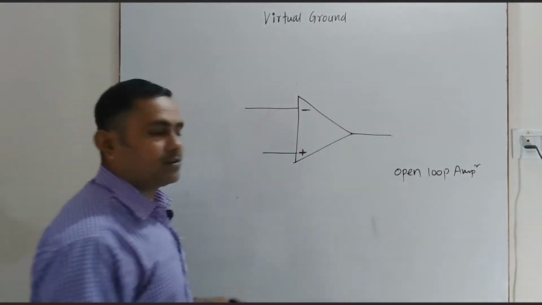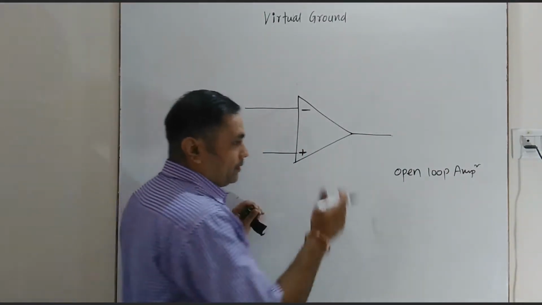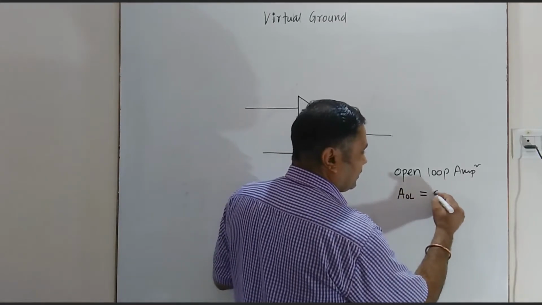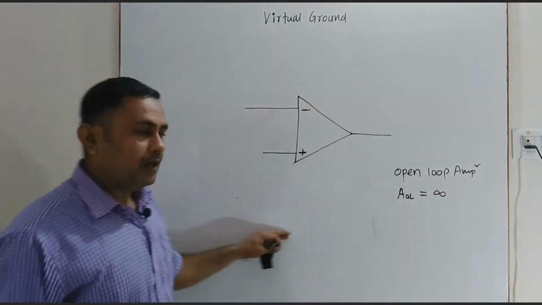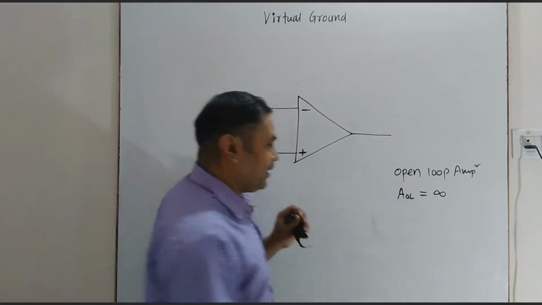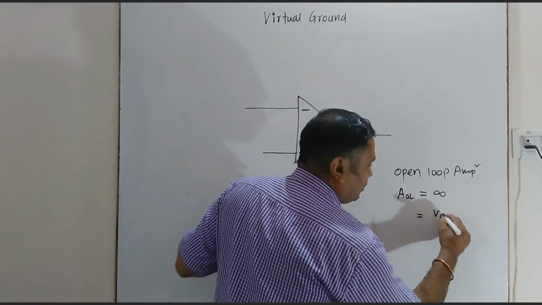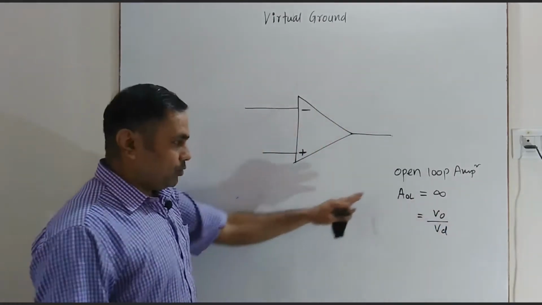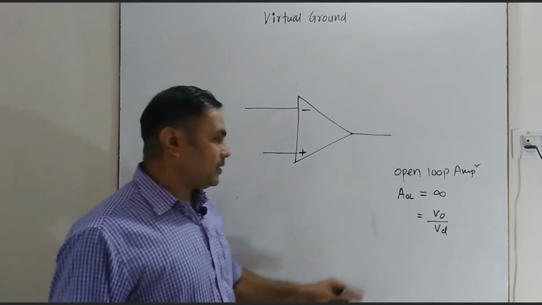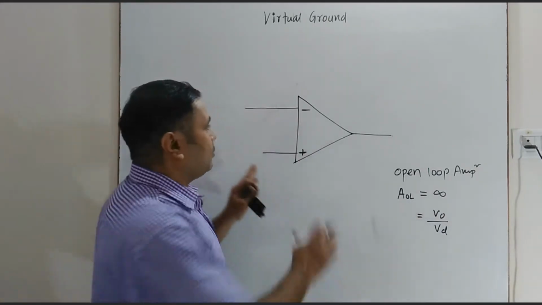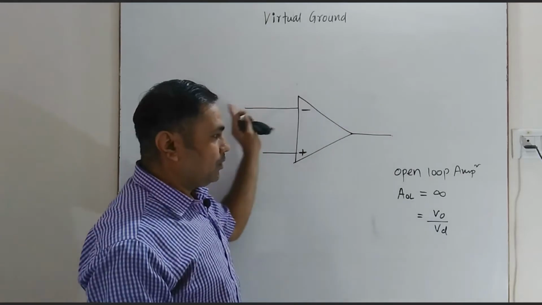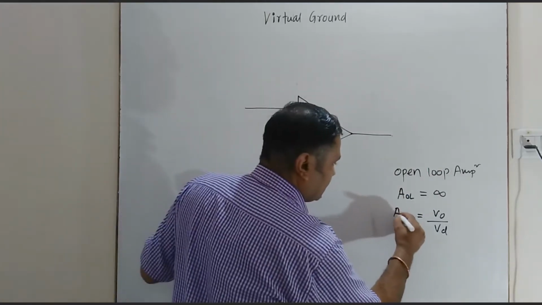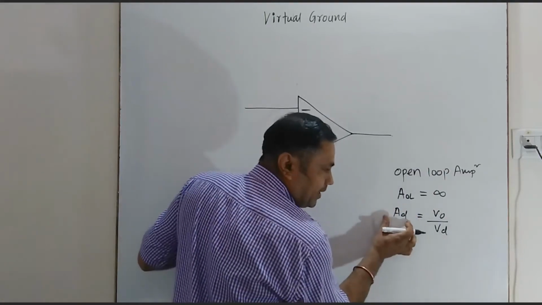And if this is connected like this, then the amplifier's gain here in this case will be infinity, and this gain is defined as the output voltage and the input voltage. So the ratio of output voltage to the input voltage is called gain. In this case, no further external connections are done, so that is why this amplifier is an open loop amplifier, and this gain is the differential gain. So that is why AD is written here.